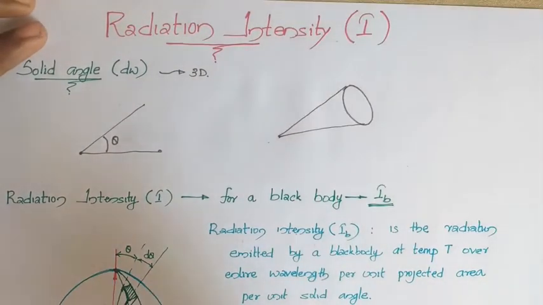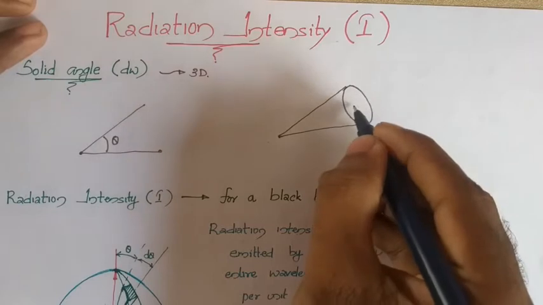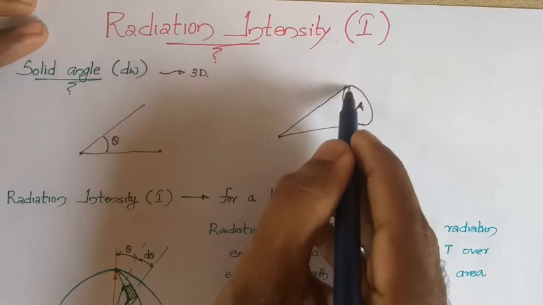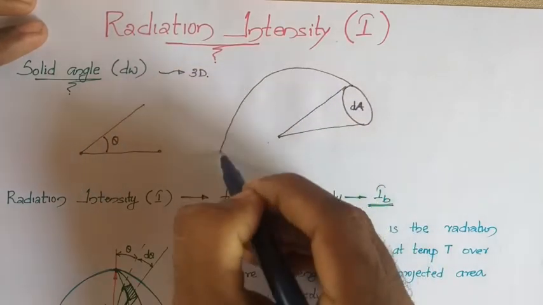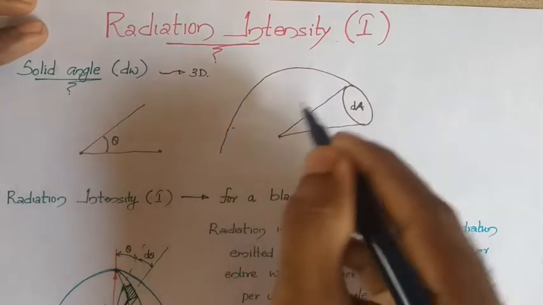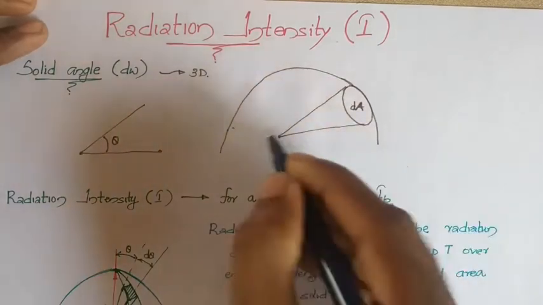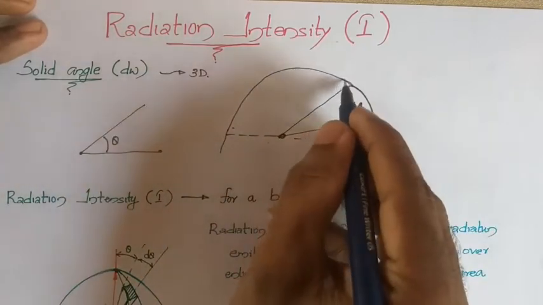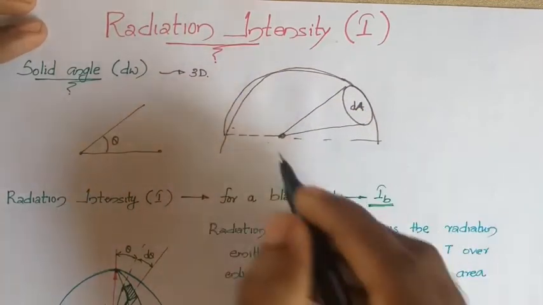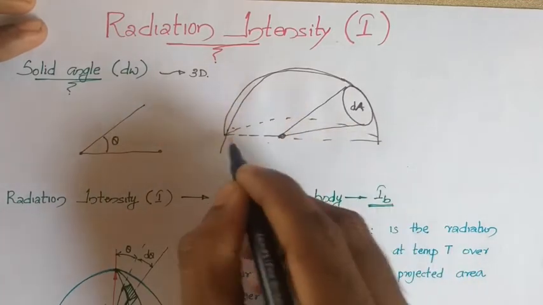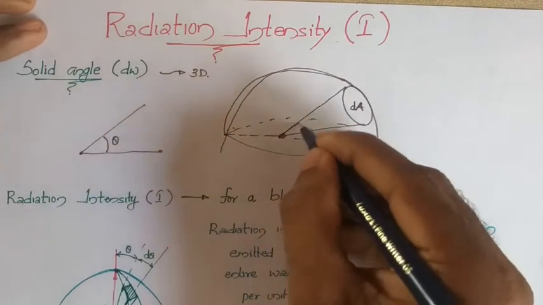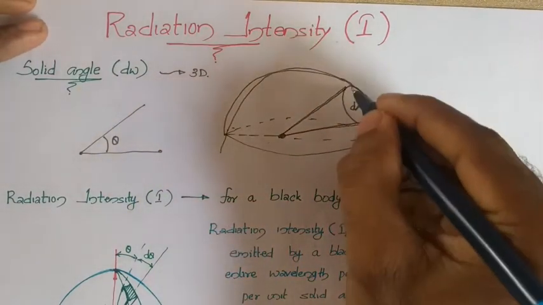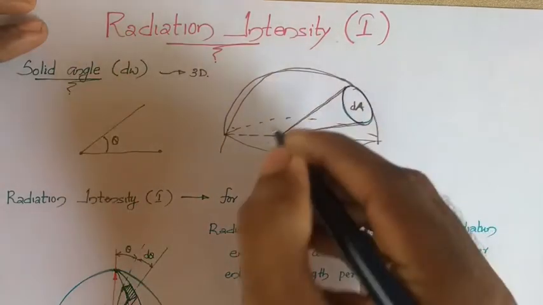Solid angle is defined in such a way that this area we will call dA, and if this dA is a part of some hemisphere, with this as the center,